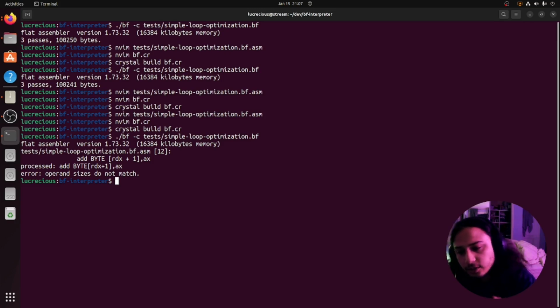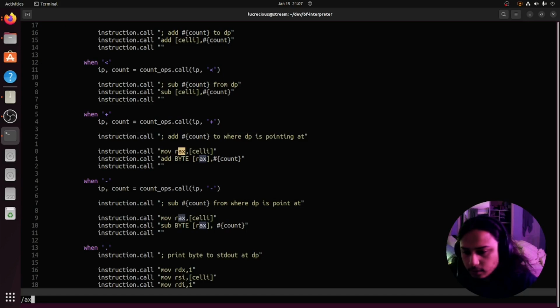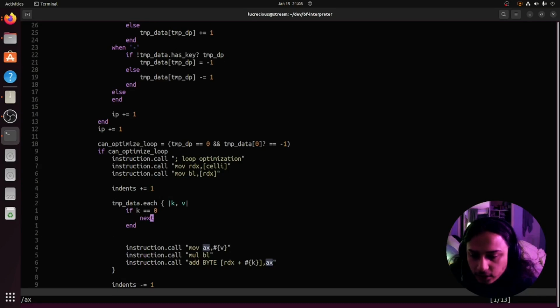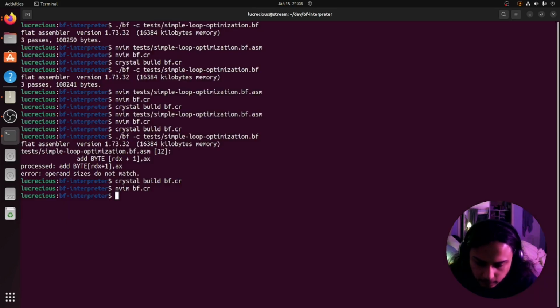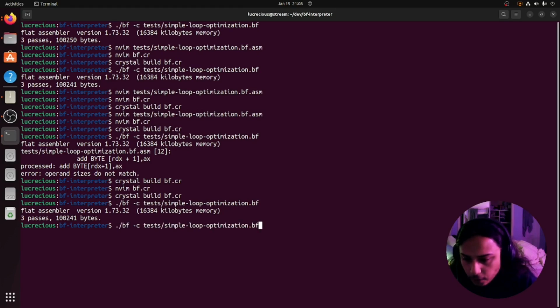I guess AX is not a byte, so let's change that real quick. So since AX is not a byte, I think we'd have to do AL, take the lower byte. Right? And add it. And that does work. And if we open up our